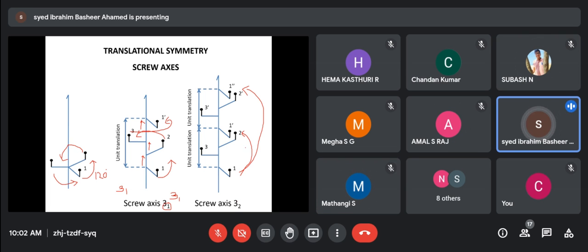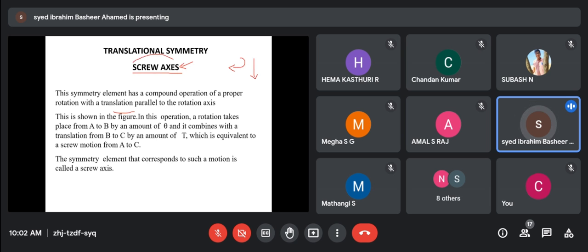So this molecule is said to possess a screw axis of 3, 2. Okay. So similarly, you can have 4, 1, 4, 2, 4, 3, and so on. All right. Even in hexagonal, whatever n-fold rotation you have. All right. So depending upon the proper axis of rotation and the translation, you will have a symmetric arrangement. Okay. So this is, I told you, translation symmetry, the screw axis, the first type of symmetry.